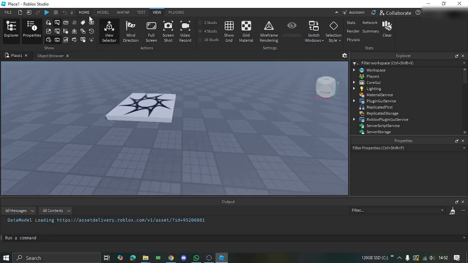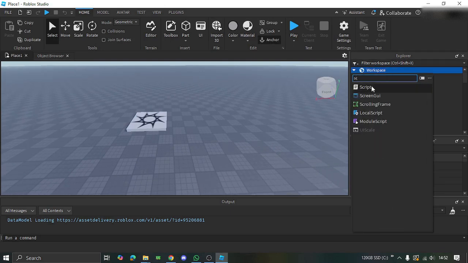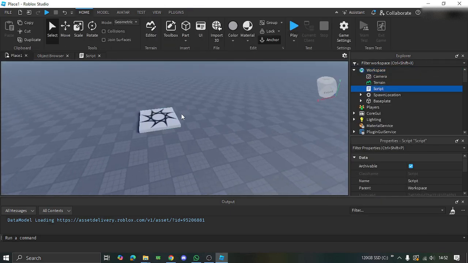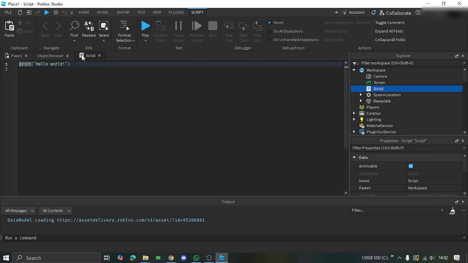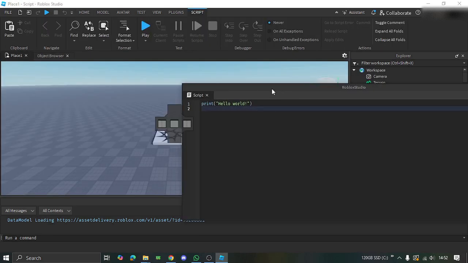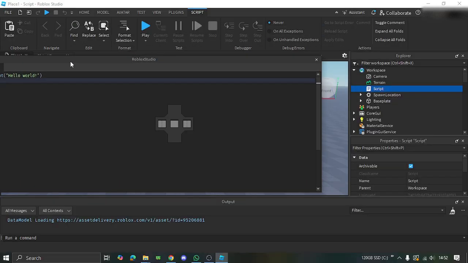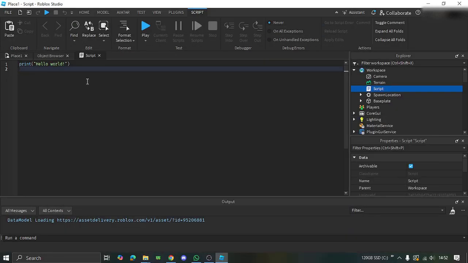So if I show an example right now, if I make a script that tweens a part, like the spawn location, okay, I'll just leave it here. I want to put this back here. Spawn